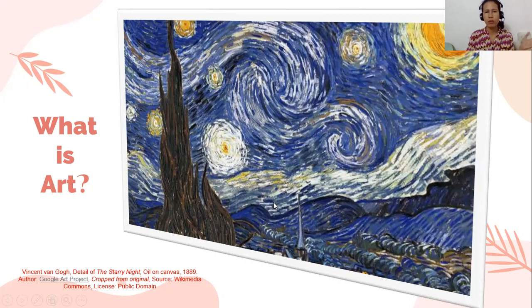So before we go on and before we define what is art, anong kinalaman nito? So this one is one of the famous artworks nga ni Vincent van Gogh. And actually, ano ba yung story behind bakit meron dito? So this time, nung pinaint ni Vincent itong painting na to, actually he was at the asylum kasi meron siyang mental illness during that time.